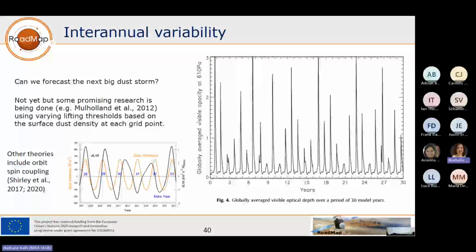So just a moment about interannual variability. No, we cannot predict the next dust storm. Some people will tell you they can, but no. This is a plot from a model simulation of 30 years by Mulholland in 2012. What he did was he kept track of the dust on the surface and used a varying threshold based on the amount of dust available. But if they just let it go without thinking, it'll all just go away,